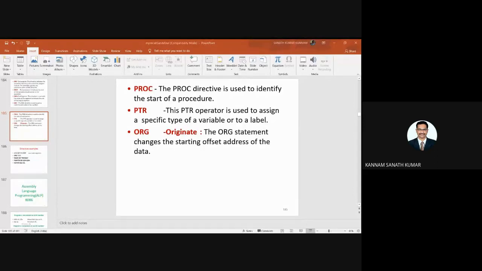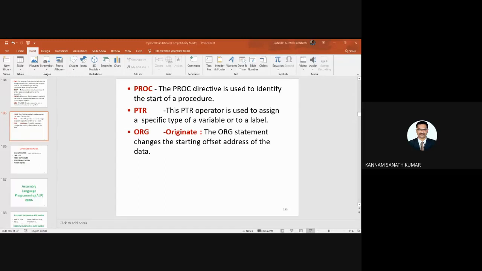So this is one example for assembler directives. ASSUME CS:CODE. CS is the code segment. Whenever you want to assume any logical segment, either data segment or code segment, you can use this directive. ORG 3000 means our program starts from 3000.